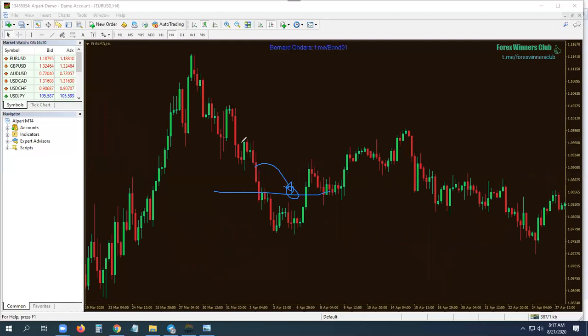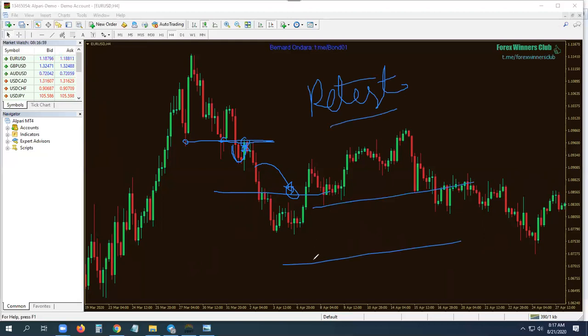If you consider this was a previous support, market stopped here, market stopped there before. After breaking this level, you see it coming back exactly to the same level. This is a pullback. The act of market breaking out and coming back to test the same level, other people will call it a retest. The market is retesting. So you see a market that goes like this, breaks, comes back, and then continues. We call this a retest.